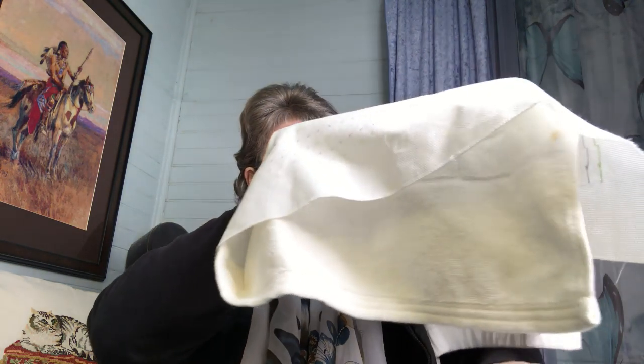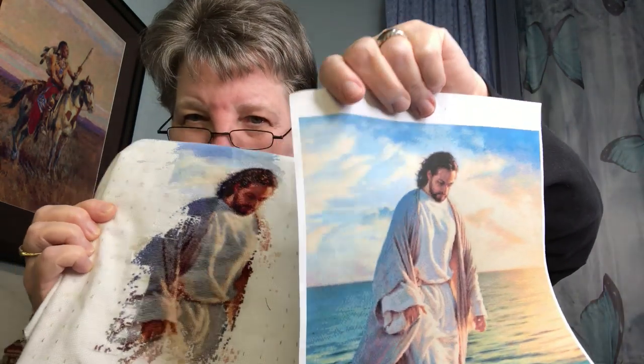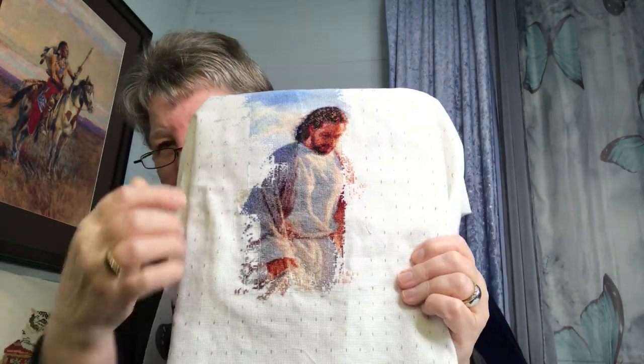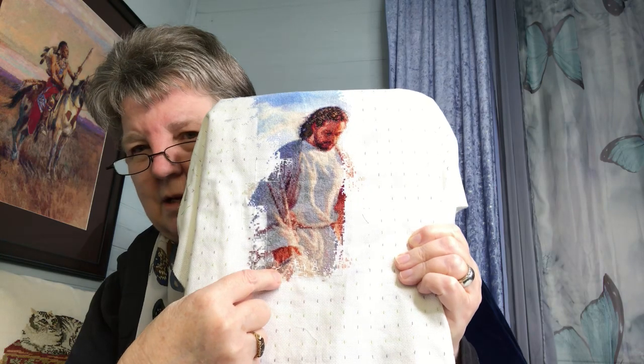Now, I'll just show you the actual stitching here. And if you notice, the face on here is slightly lighter than the face here. What happened was I was doing this hand, because I always start in the middle, and then I went down to the hand here, and when I was doing it I was thinking, my goodness, those are dark colours there. And because of that, and because there's so much stitching involved, I thought, well, I'll just do a test face,